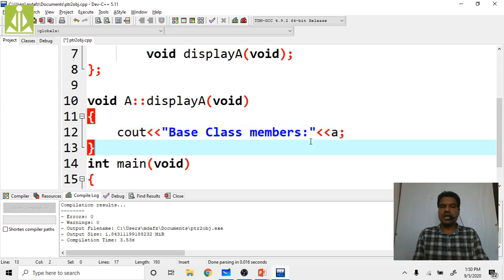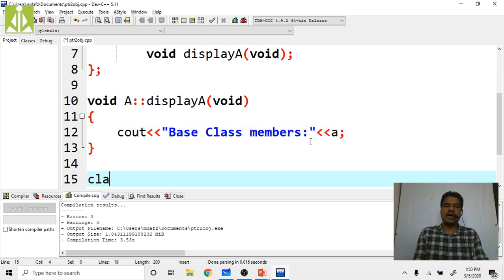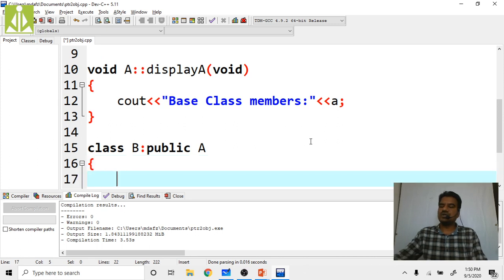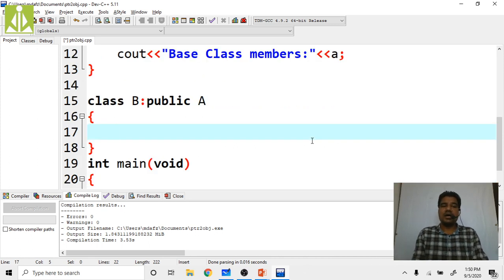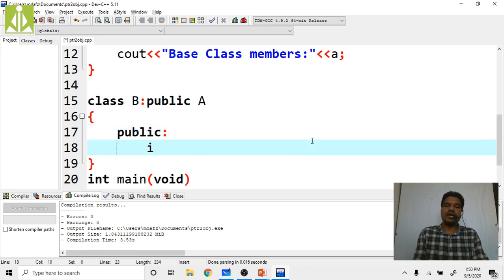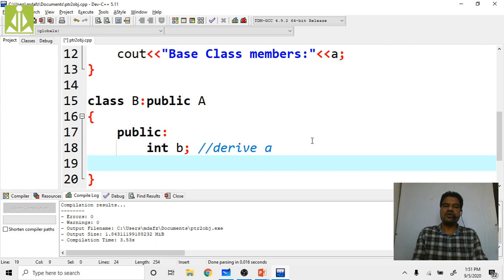Okay, so now I am going to inherit one class, that is B class, from A class publicly. In it I am taking one data member, that is public: int B. So this publicly we are declaring, and it will derive the data member A from class A. I am noting that down simply for your understanding.